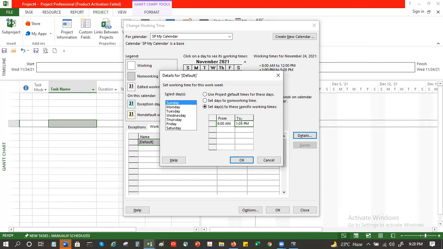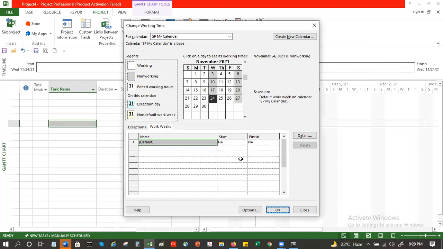And it is going to become so after we make the change, in its place, what did we do? We put Wednesday as a holiday. So you see the color here changed from Sunday. It is no longer gray. White means working. You see this, the legend here on the side. Non-working is this light gray.